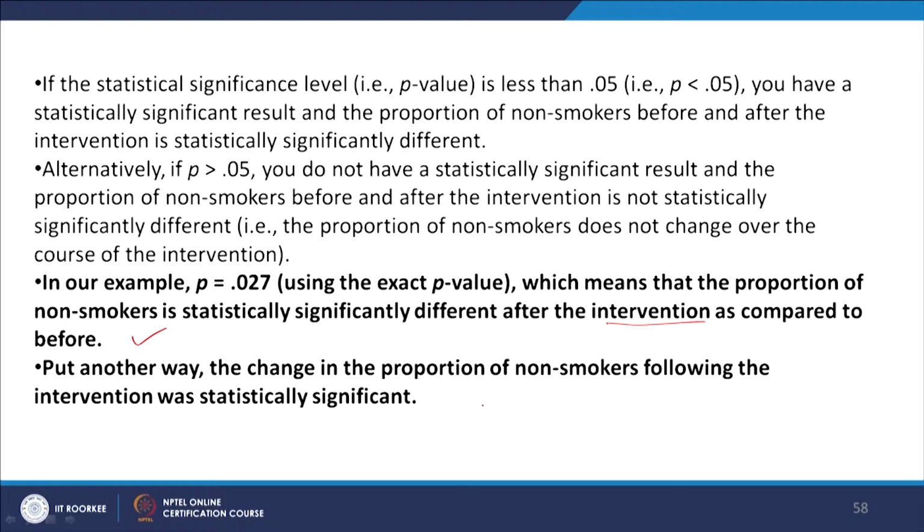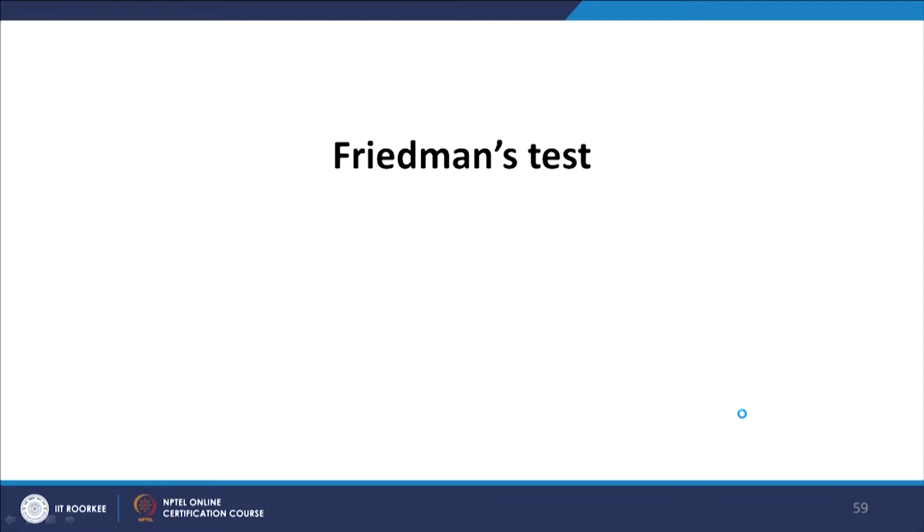So, that means that at the 0.05 level it was significant, and you got, let us say, significance at 0.027. So, this is how you write it in research reports. Okay, today we will do one more test, but before that, if you remember, we had done one test which I said I would do the analysis for later on.